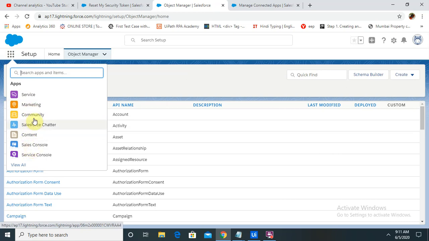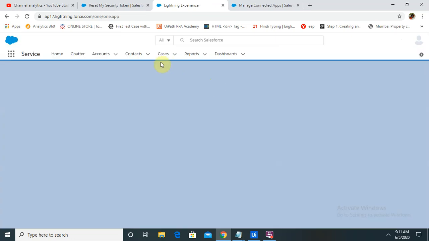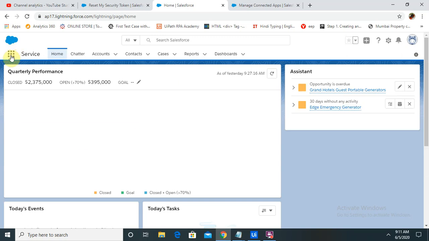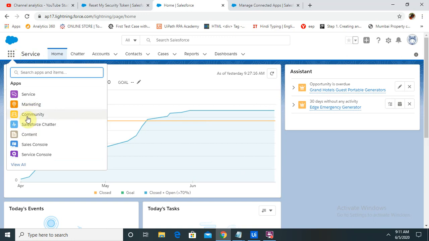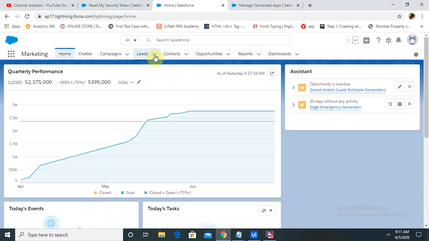I think services, and not from the services, I think from the marketing. You can see here the lead details are available.